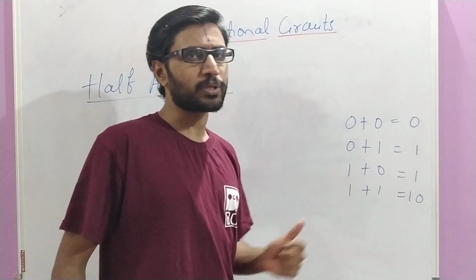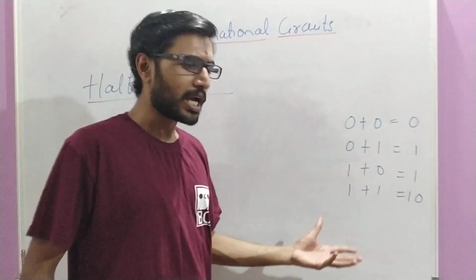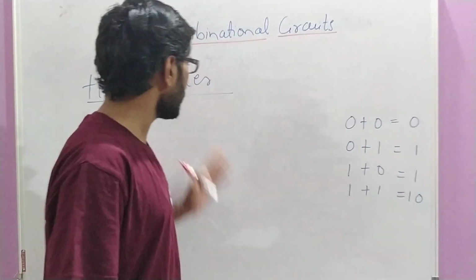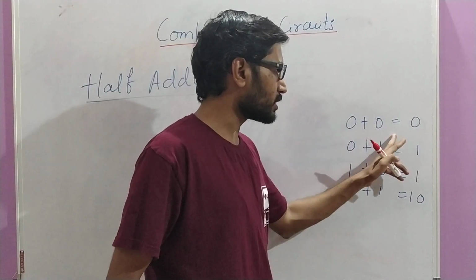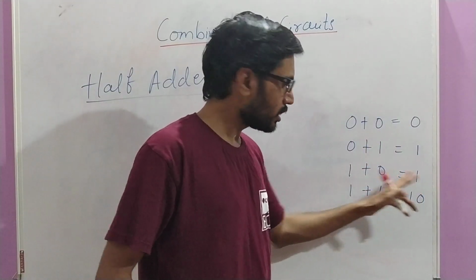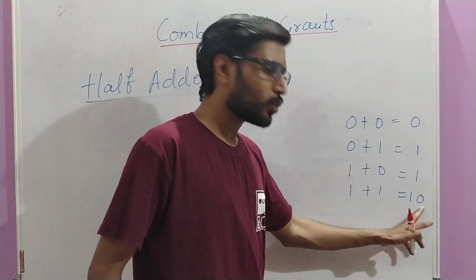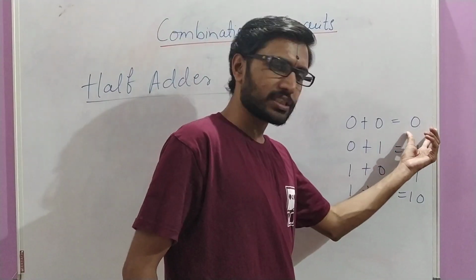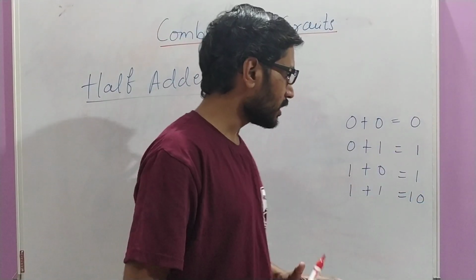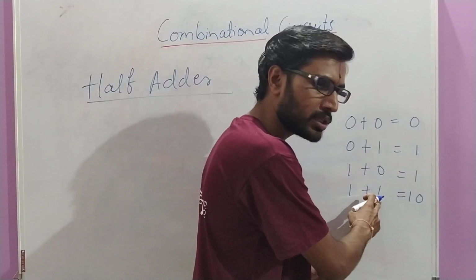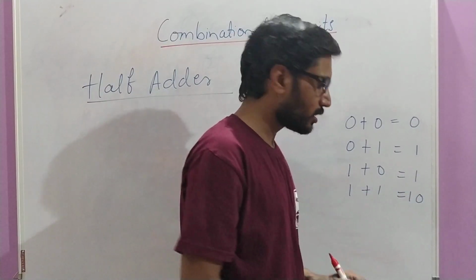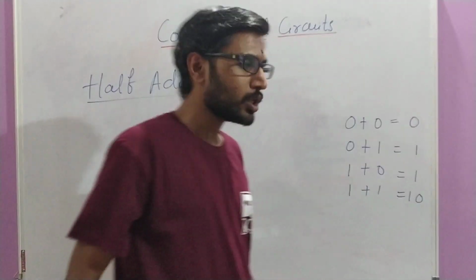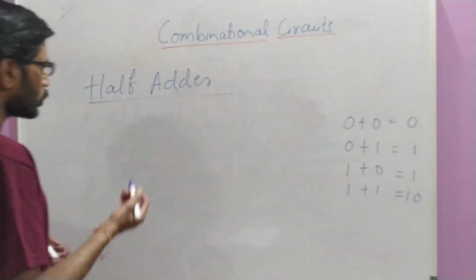In binary numbers we represent everything in terms of zeros and ones, and we already know the basic addition rules for single bits. 0 plus 0 is 0, 0 plus 1 is 1, 1 plus 0 is 1, and 1 plus 1 is 10. In the final case, all the others represent just the sum result, but 1 plus 1 cannot be represented with only 1 bit, so we need 2 bits here. So 1 plus 1: sum is 0 and carry is 1. We are going to put the same thing in the truth table.